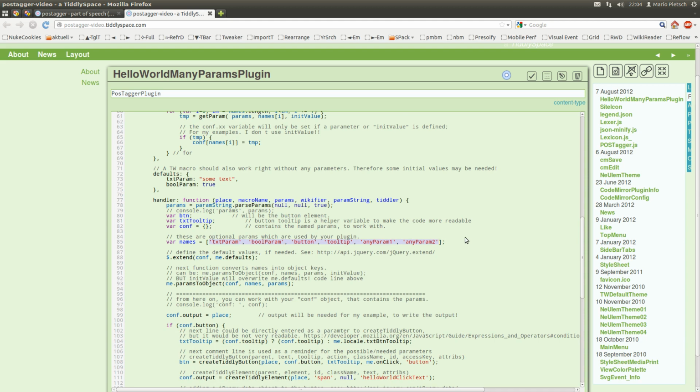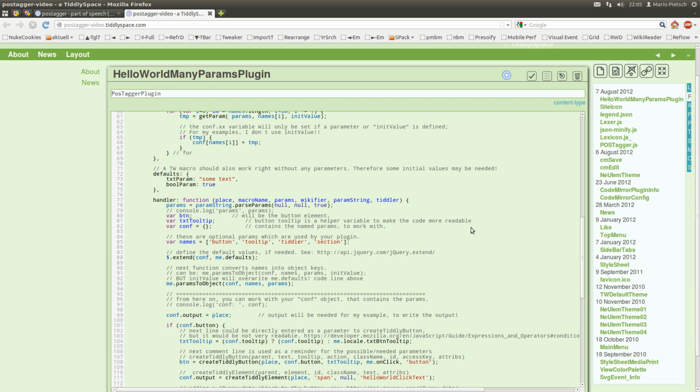You need to change this input array for the parameter scanning. So we don't need the text param. We do have a button, we do have a tooltip, we want the title and a section, because only those parameters are scanned.